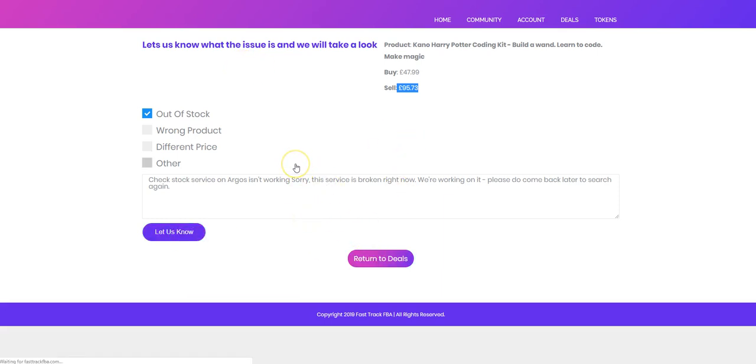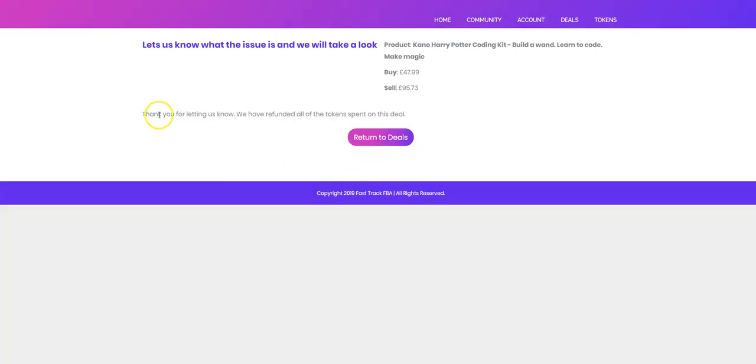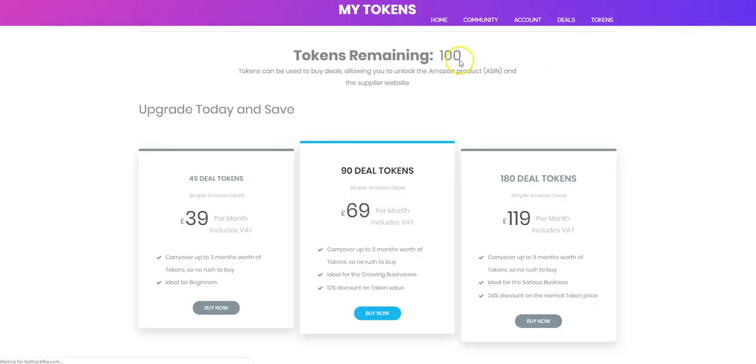And this is great about this service. There's no other service as far as I know that does this. And look at this, straight away my tokens are being refunded. So I can go here if you want to check the number of tokens you've got, and you can go back to the video. I had 100 to start and now I've got 100 again, even though I bought those. So I'm just going to do another quick example,